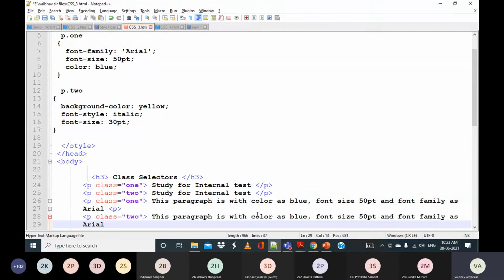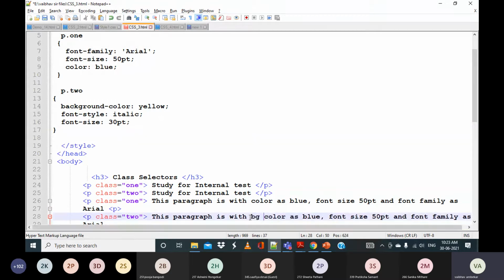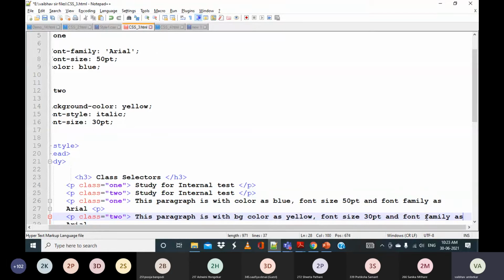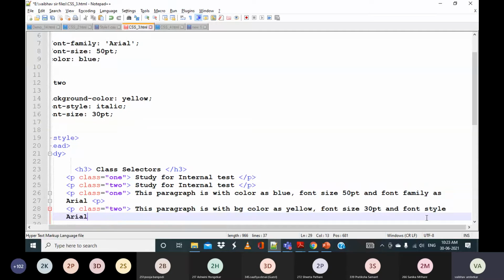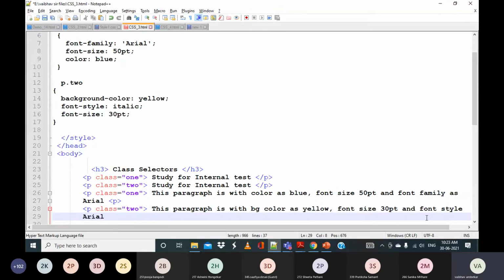This paragraph is with background color, or we can say shortcut BG color as yellow, font size with 30 points, and font family as, so font family we have not specified here, so it will take default. Then font style we are mentioning here, so font style as italic.